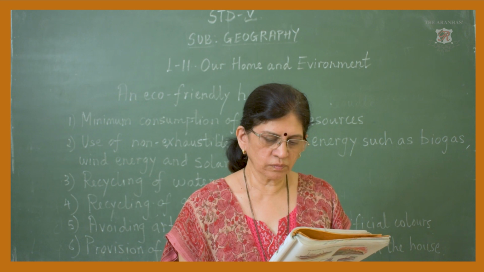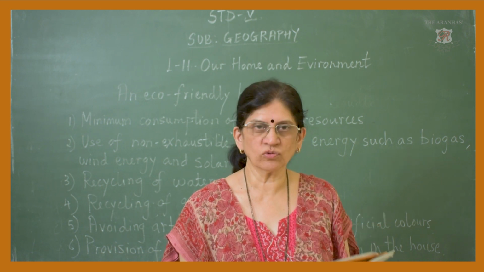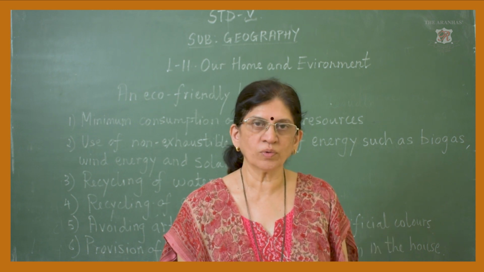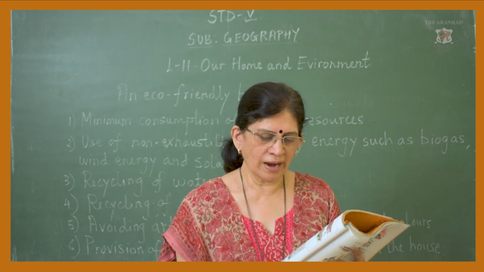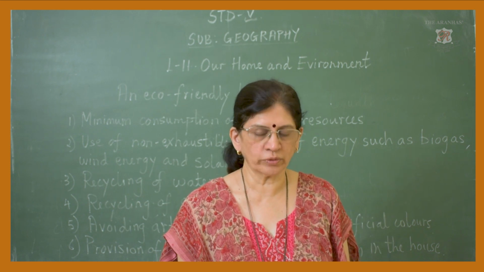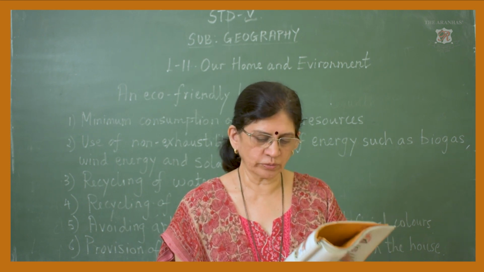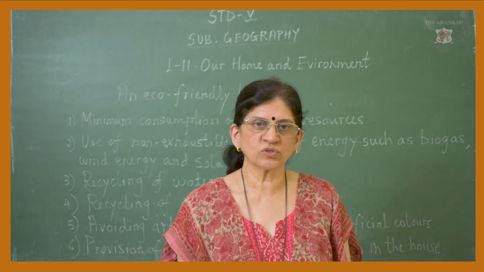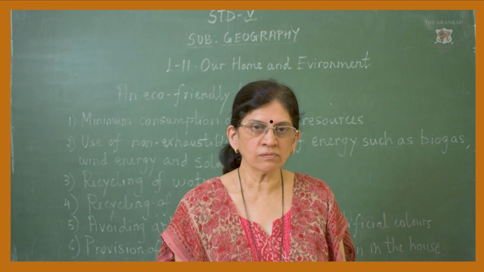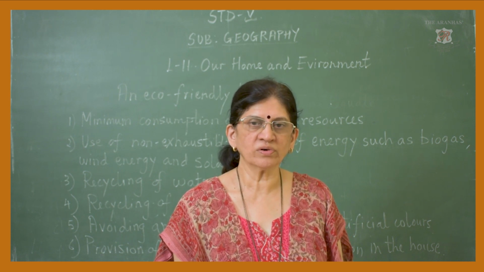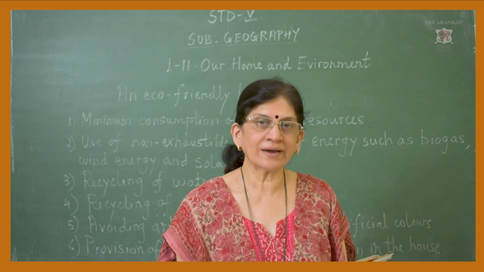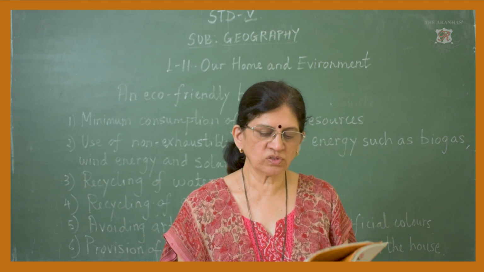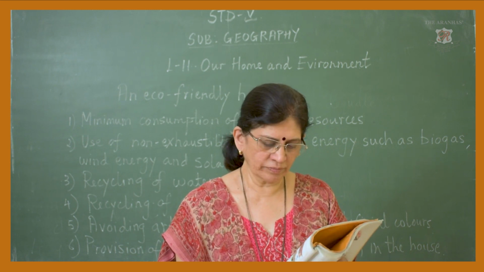Water, original source. The main source is of course rain, but the rainwater collects on the surface in the form of lakes, rivers, ponds, and some water seeps into the ground. So there is groundwater also. Rubble, what is rubble? Rubble is fragments of broken stones. Now if there is an earthquake, the houses collapse and whatever remains is the rubble, but that can be used for construction. Glass, original source of glass is sand.